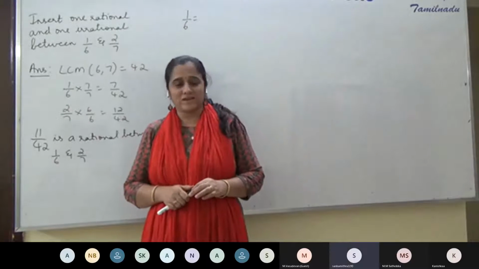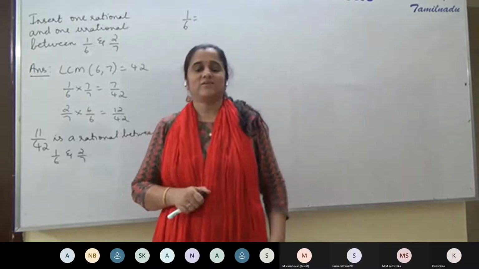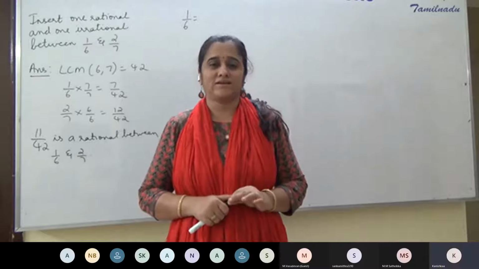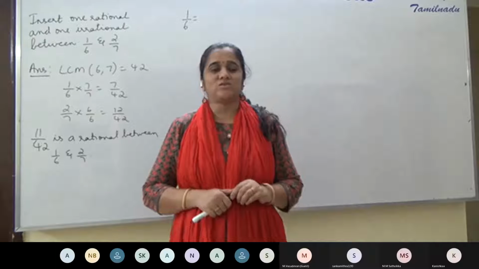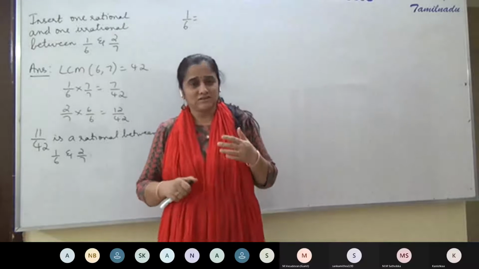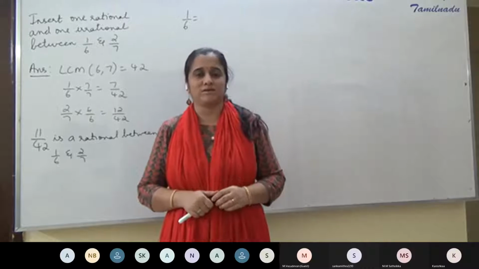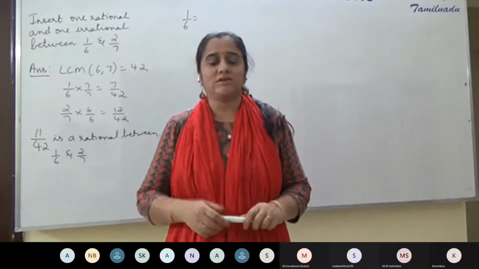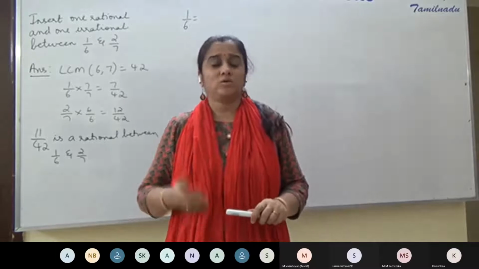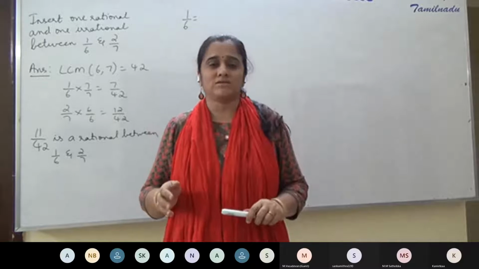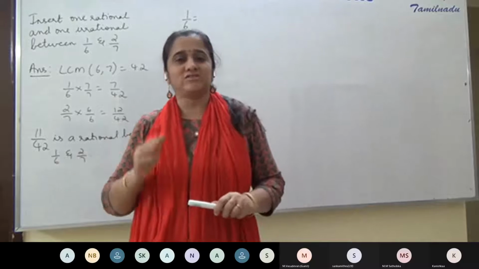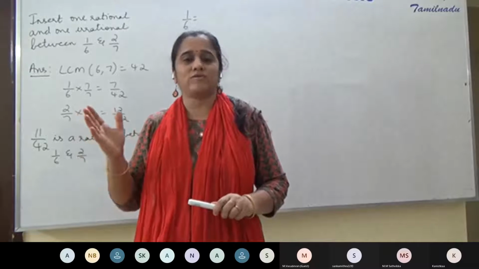0.166666. 0.16 recurring. So why do we get such a quotient? Because the division does not come to an end with a zero remainder. The division goes on and on. You keep getting non-zero remainders, and so the quotient also will go on and on. The digits after the decimal point will keep going on forever.